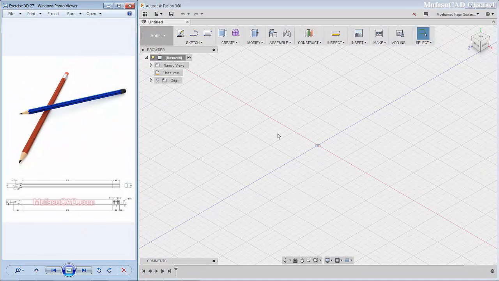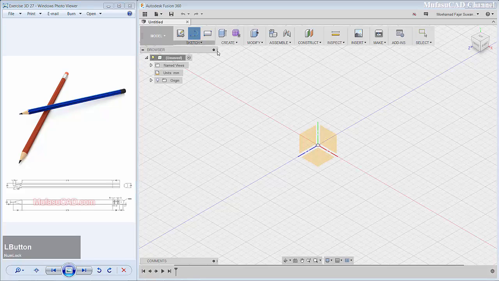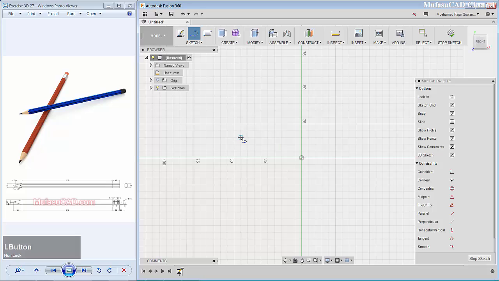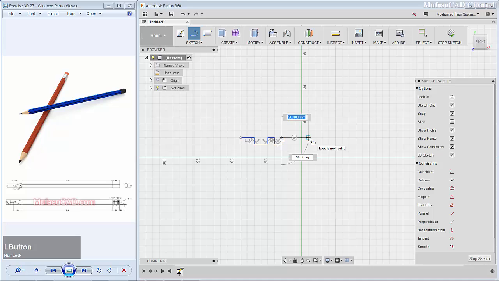Okay, we start now. Open your Fusion software and I will create a line. You can click at this plane. We create a line starting from this point to the right, to the bottom, to the right here, and move to the top. Move to the right, to the bottom again, to the right, and then to the top. The last to the right here, and OK.